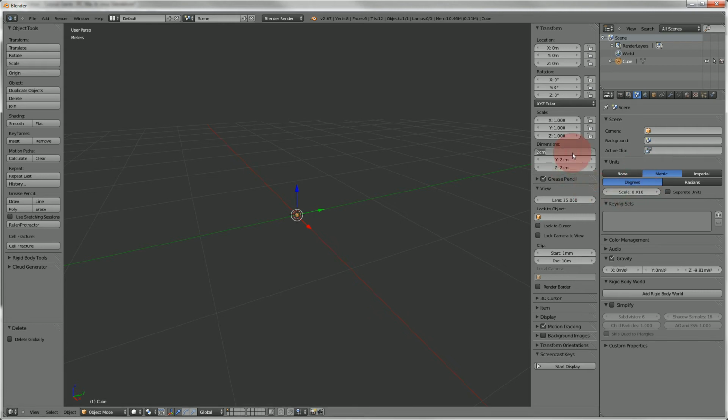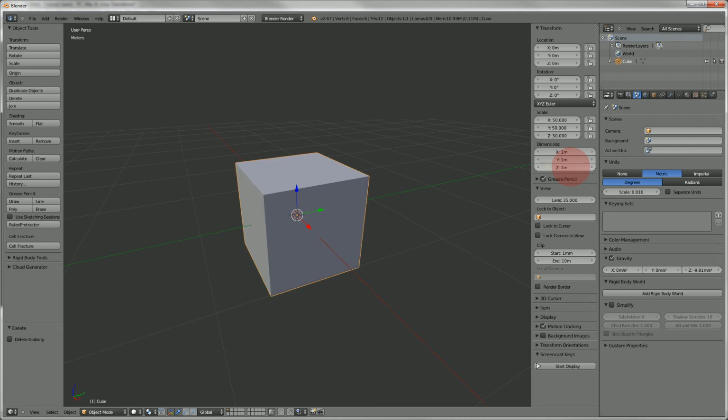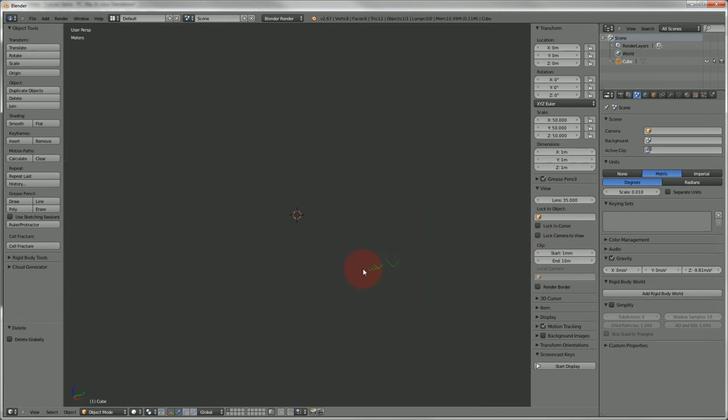So let's go ahead and set this back to 1 by 1 by 1. And you don't have to actually press 1 and then M. All you've got to do is hit 1 and enter, and it'll automatically assume that you're talking about meters since we're under metric. And that's exactly what we want. Okay. So now, our cube's the same size,